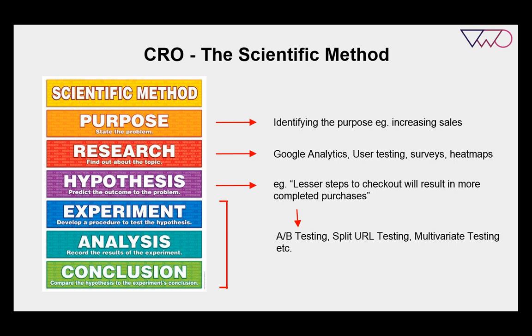Next, we come to the hypothesis stage, where you state a possible solution to the problem you're facing. For example, just giving an example from research, you may identify that many site visitors are dropping off at the 3rd stage of your checkout funnel. You may come to the hypothesis that fewer steps to checkout might result in more completed purchases. Then we come to the experiment stage. Here you can test your hypothesis in multiple ways, such as A/B testing, split URL testing, MVT testing, and